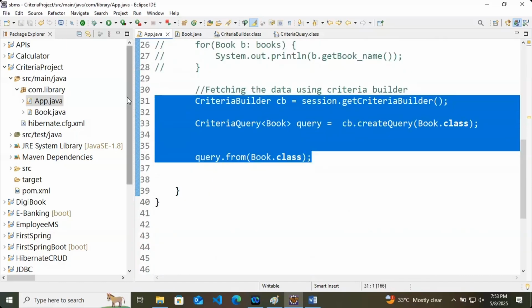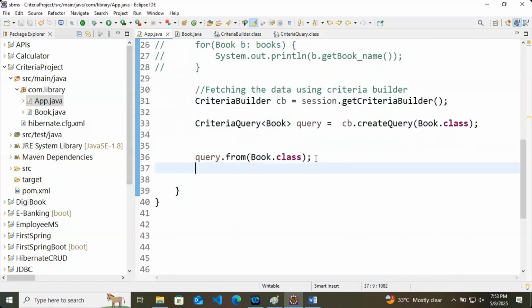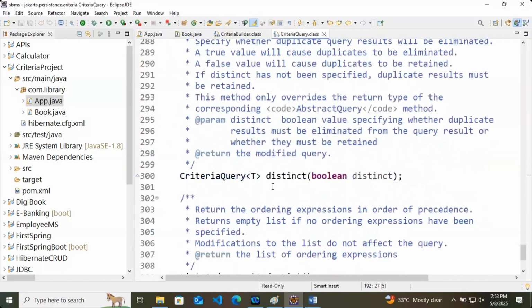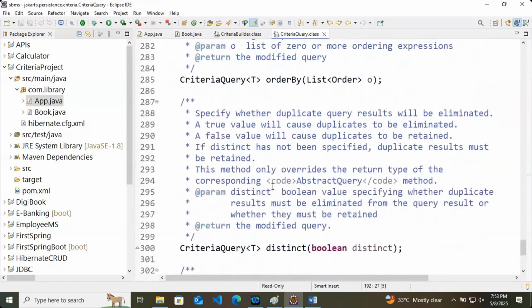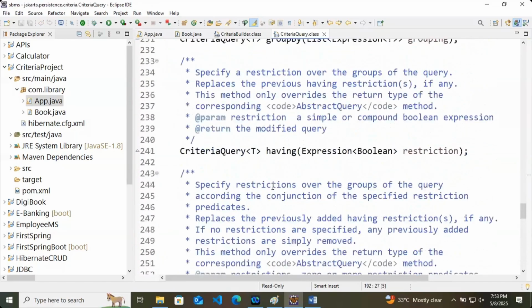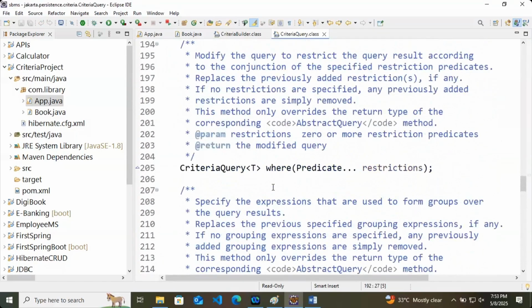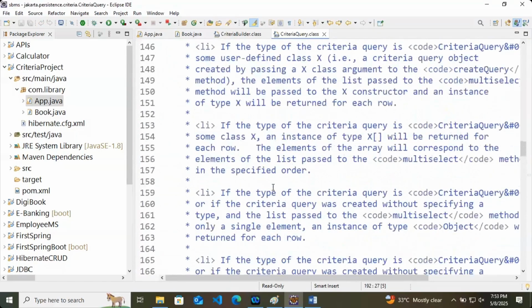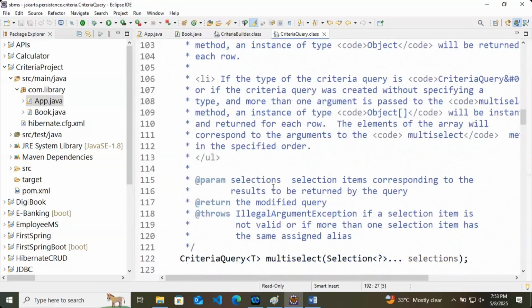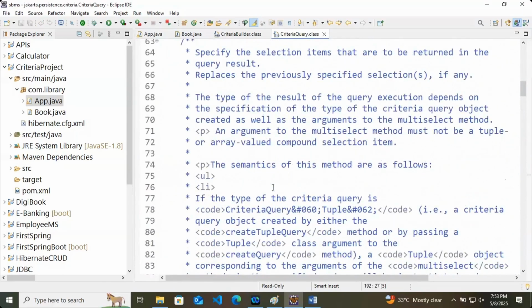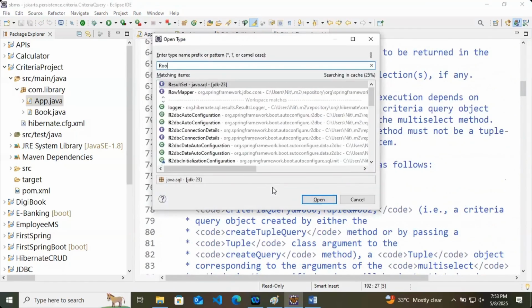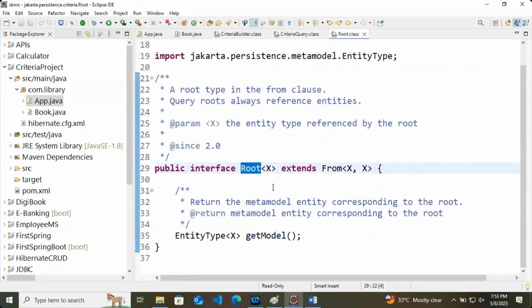At last we are creating the same query, that query dot from book dot class. If you check carefully what is the return type of these things? The return type of that is root.